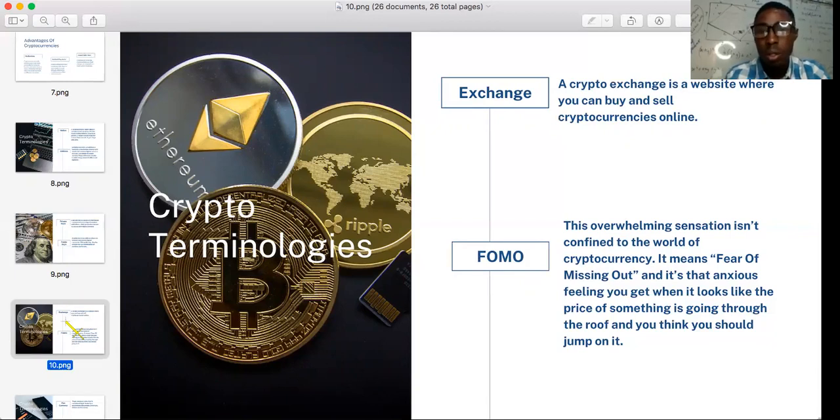Now, the next terminology I talk about is FOMO. FOMO stands for fear of missing out. This is something every cryptocurrency trader should be aware of and be able to overcome. Many times, you can see a particular coin doing well and everybody is talking about that particular coin. So there's this tendency for you to jump into the market. And when you jump into the market, after some time, there will be a reversal, which usually happens